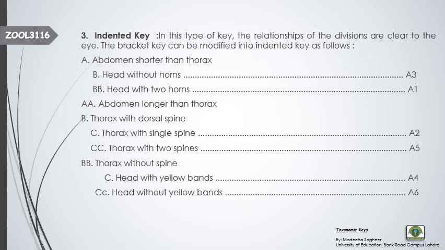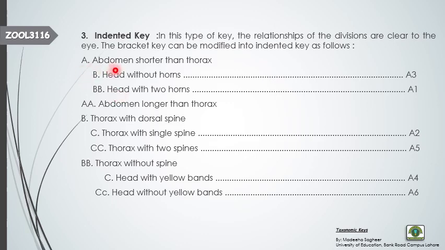And why is it called an indent key? It is called an indent key because in the indent key the choices of the couplets are indented from the main statement. Like here you can see that this is the main statement and the choices are moved a bit towards the right from the left margin. So we have indented choices, successive choices. The choices are successively indented, and finally and ultimately we reach our identification point. So